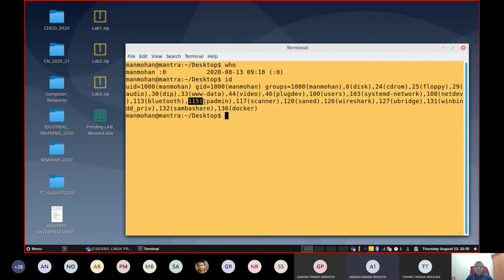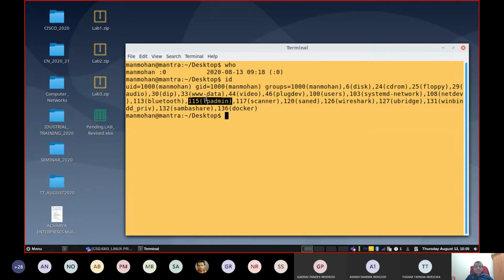LP is for line printer. In case you are configuring a printer, with that admin software you can maintain the print queue, etc. Particularly this is one application used in case you are using a print server. If you are using your computer or laptop as a print server, many clients can connect to your computer and get the printout. The printer may be connected to your computer. You can share the printer among other people.